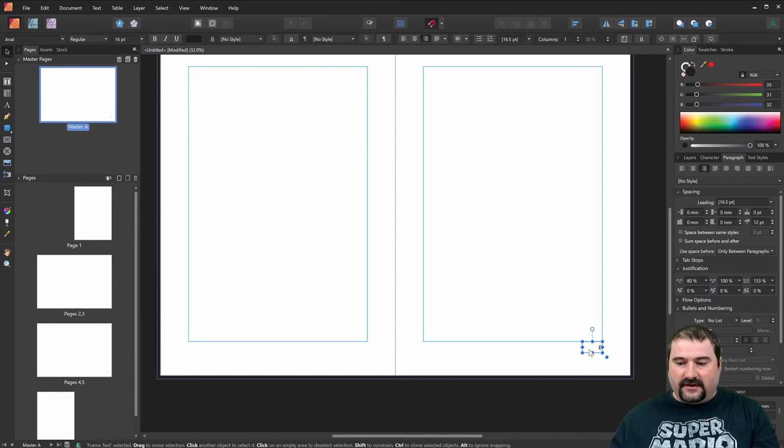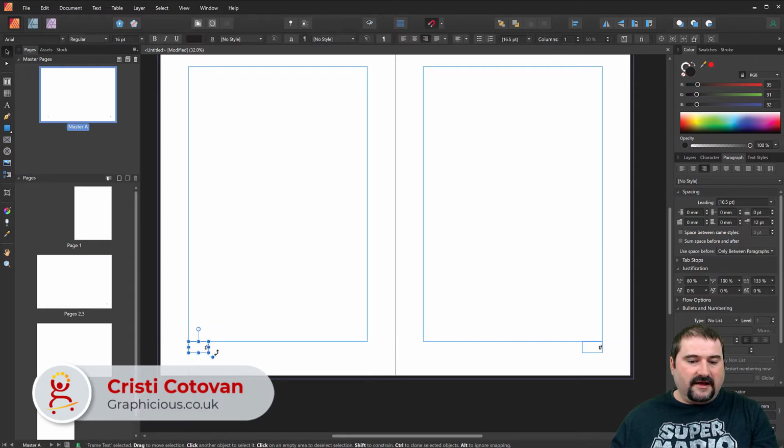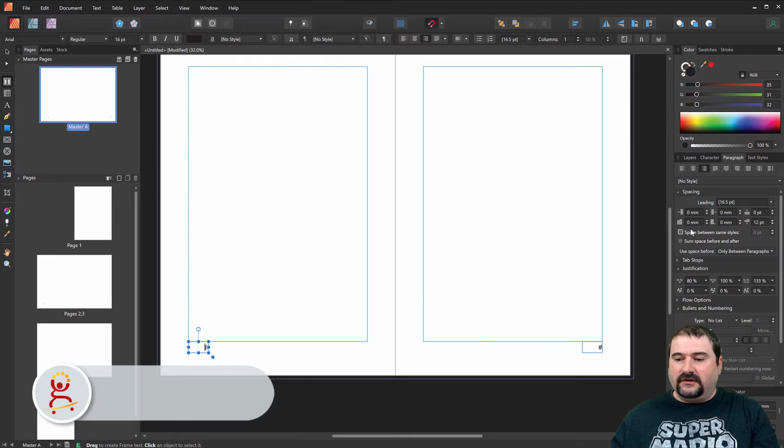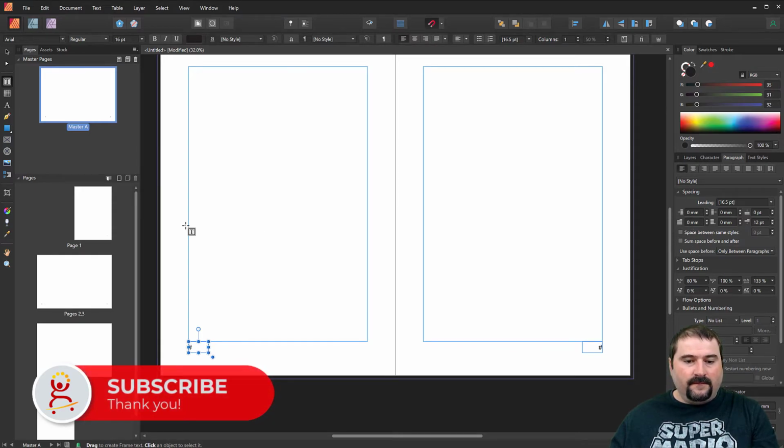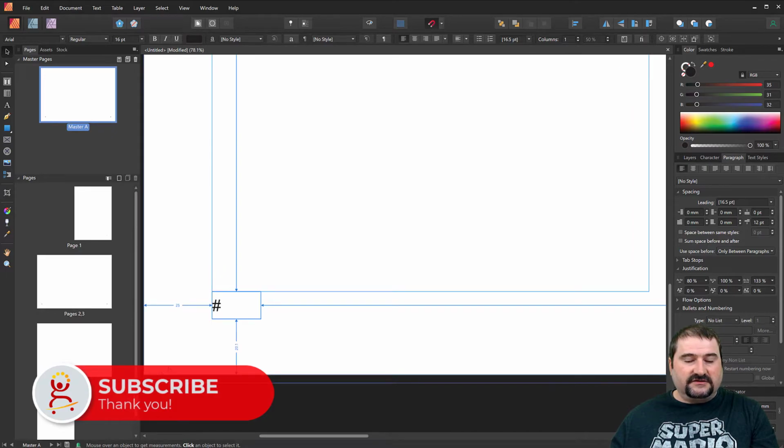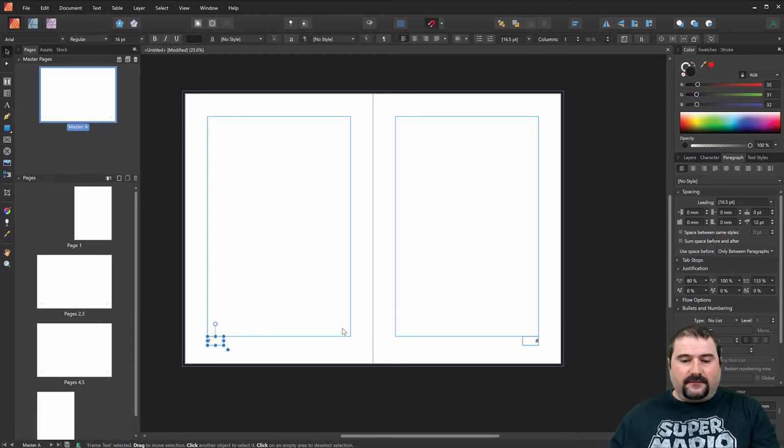So I'm going to copy this, click on the selection tool, press Control C and paste it again. It's going to paste it in place. I can just move it to the left side of the page, and of course double click in here to align this to the left now, because that is going to be on the left pages, like so. Okay, so now I've added the page numbers. They don't actually show numbers, they show that hash sign, which Affinity Publisher knows is going to be the page number. So now let's go back to one of my pages.